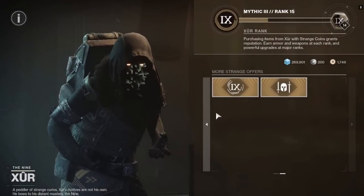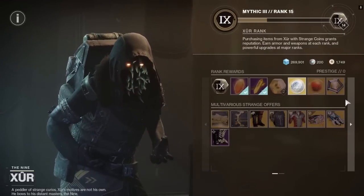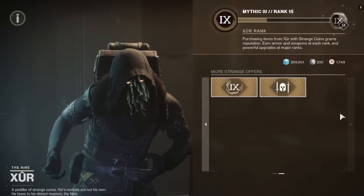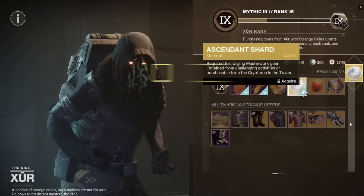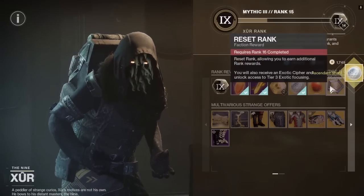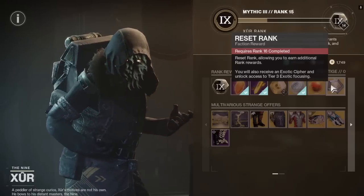And normally we have exotic ciphers available, though I don't see them. Normally there's a XUR quest that will give you an exotic cipher, but it seems as though the menus have been switched up a little bit. Maybe that's a change to XUR. I'm going to take this because I need it. But exotic ciphers, remember, you can get from ranking up XUR, and they allow you to turn exotic pieces of armor into Artifice Armor,